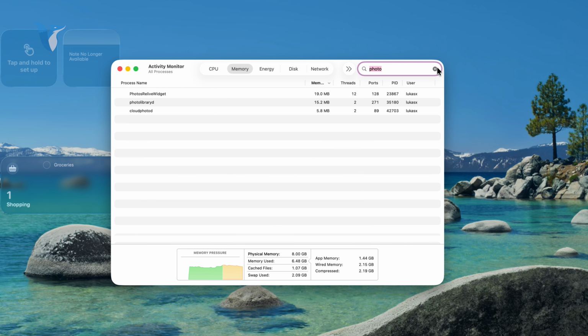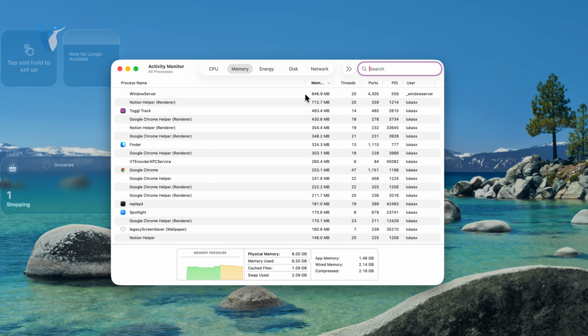So as you can tell, there are more ways how you can close the Photo Booth, especially if you don't want it to be running in the background and use up all of the RAM. So let me know if that's the thing that you are